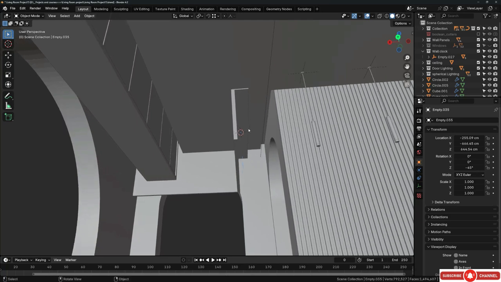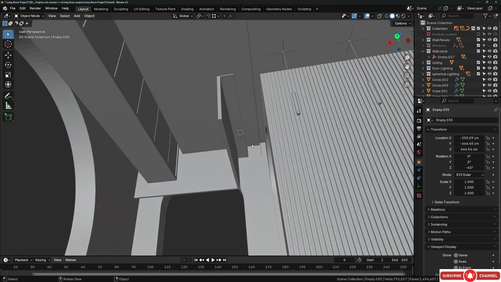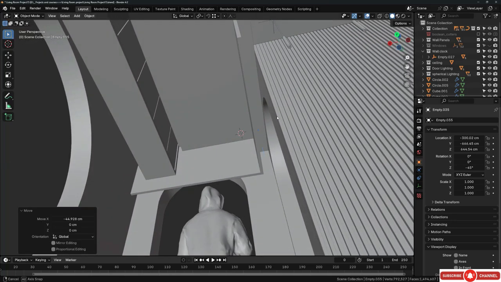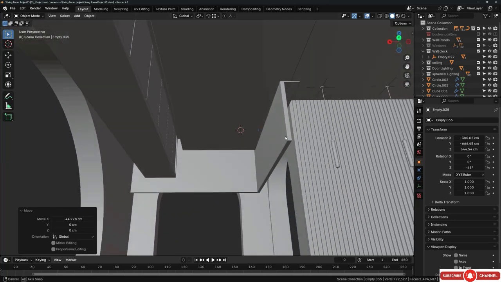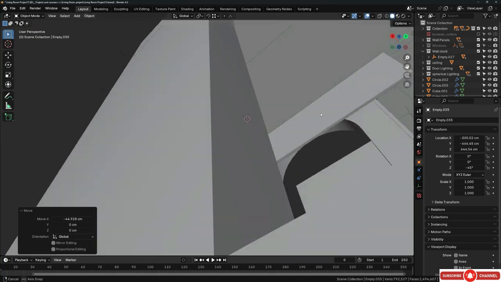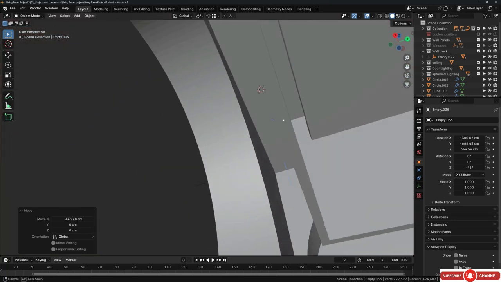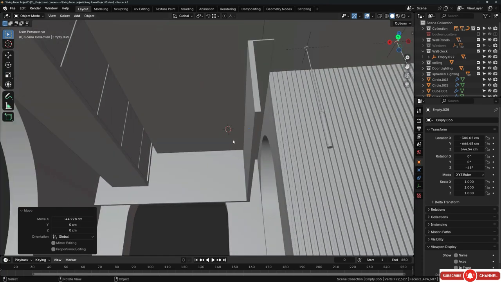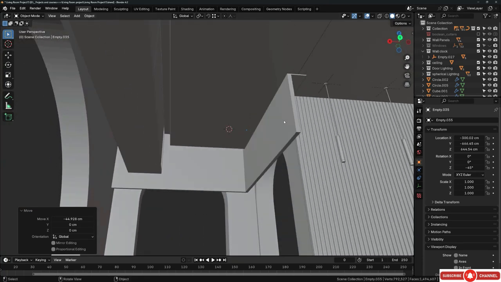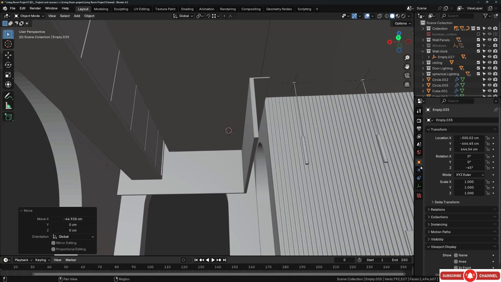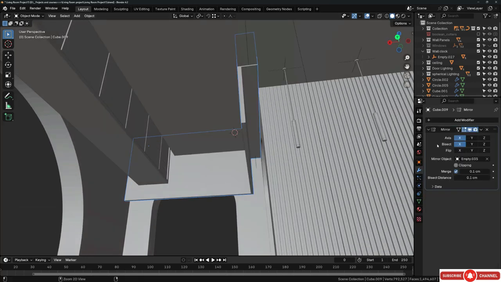The result so far looks nice, but we just need to move the empty a little bit. As you can see now, we can move it and put it in the correct place. All right, that's very cool. Now if you are satisfied with the result, you can go to the modifier and hit Control A